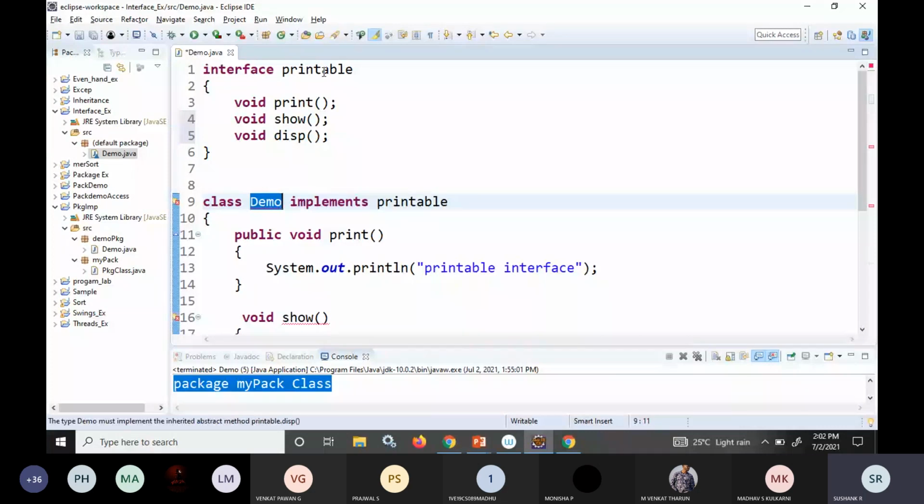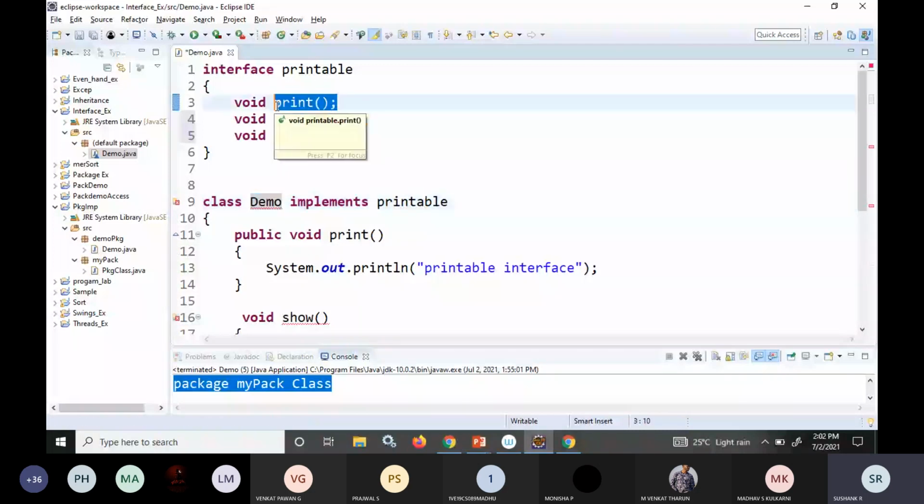Now the class Demo is implementing the Printable interface. It is the responsibility of class Demo to give the implementation of the print function, the show function, and the display function.